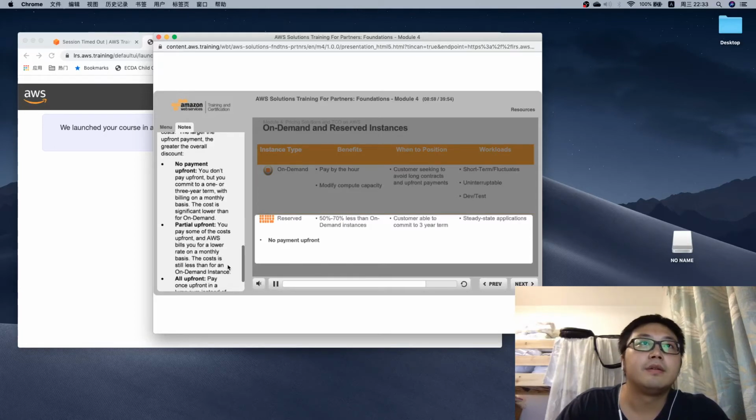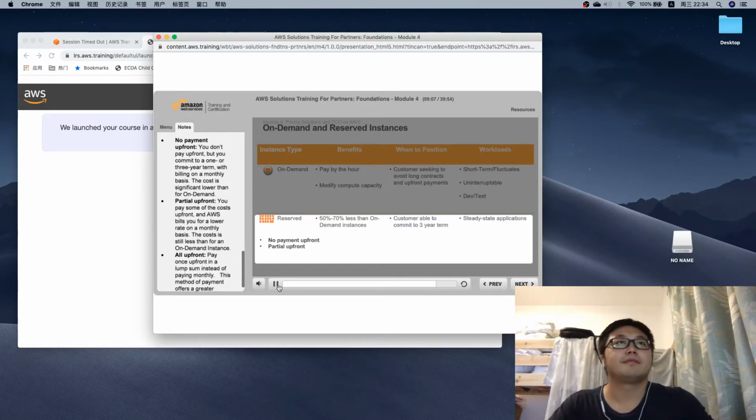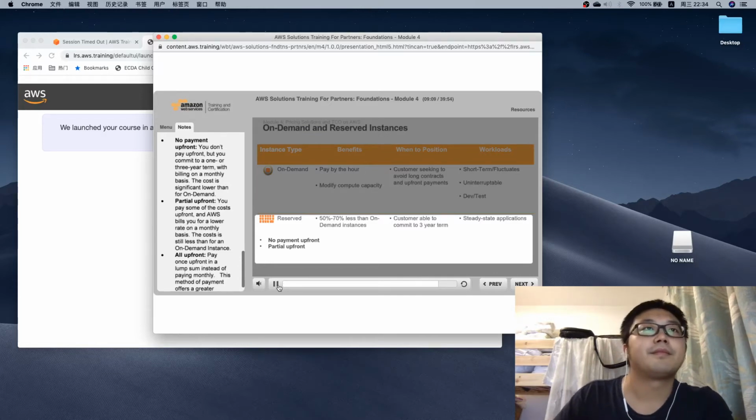With a billing on a monthly basis. The cost is significantly lower than on demand. Partial upfront. You pay some of the costs up front, and AWS bills you for a lower rate on a